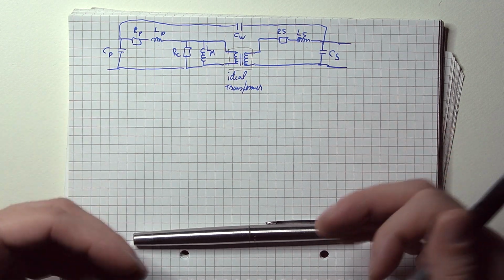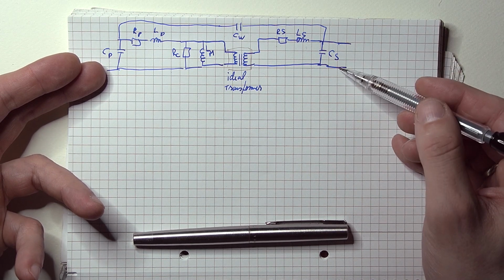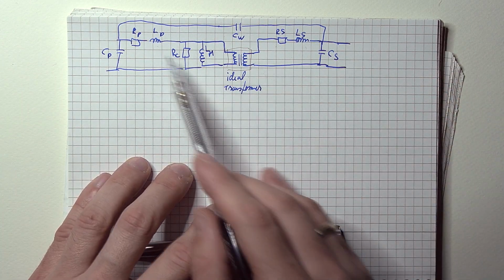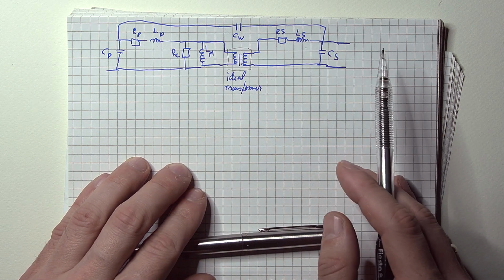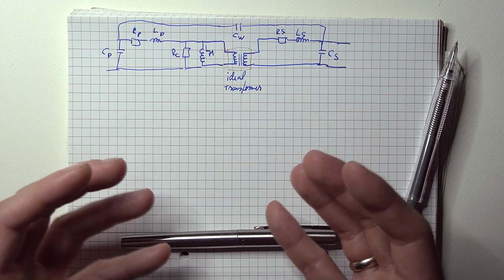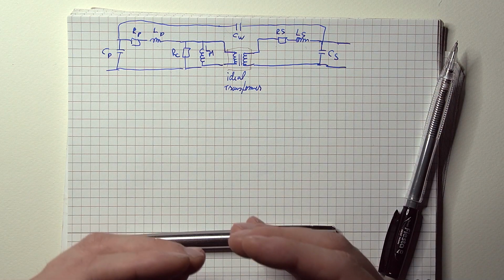And finally, you have some capacitances. So you have some parallel capacitance both on the primary and on the secondary side, and you have some interwinding capacitance that links the primary to the secondary. And based on the various values of all of these elements, you will have a specific frequency response and thus